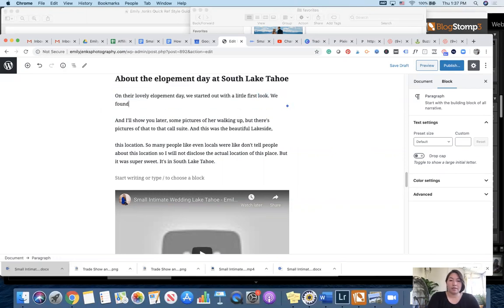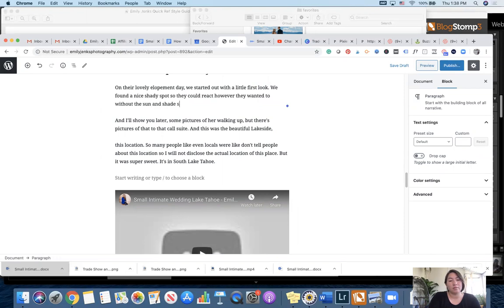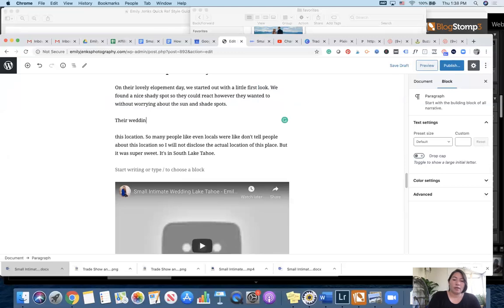We found a nice shady spot so they could react however they wanted to without worrying. Their wedding attended by